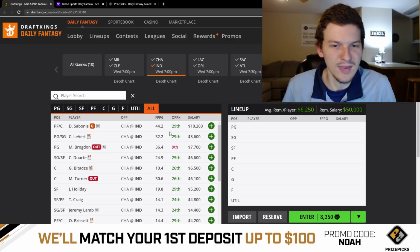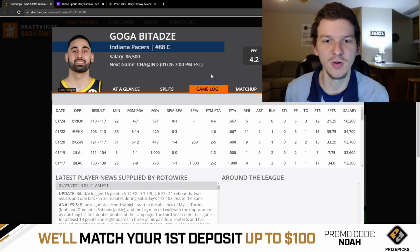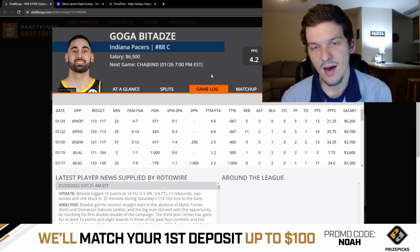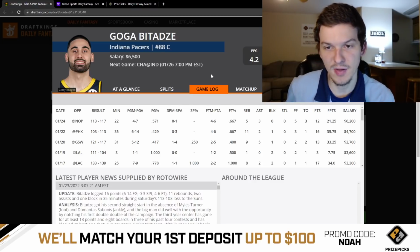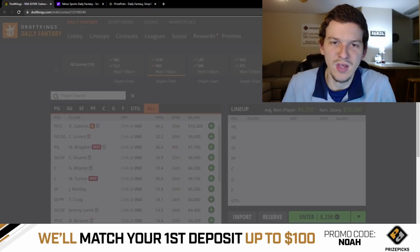If he is out again, obviously a guy like Goga Bitadze would benefit. I will say this is a really good matchup for Goga. Goga really struggled last game with fouls going up against Jonas Valanciunas, and that was kind of expected. I think if Goga can stay out of foul trouble, he will play big minutes here. They've played him big minutes in the games that he hasn't been in foul trouble. The matchup is really good against Charlotte, so if Sabonis is out again, we can definitely consider a